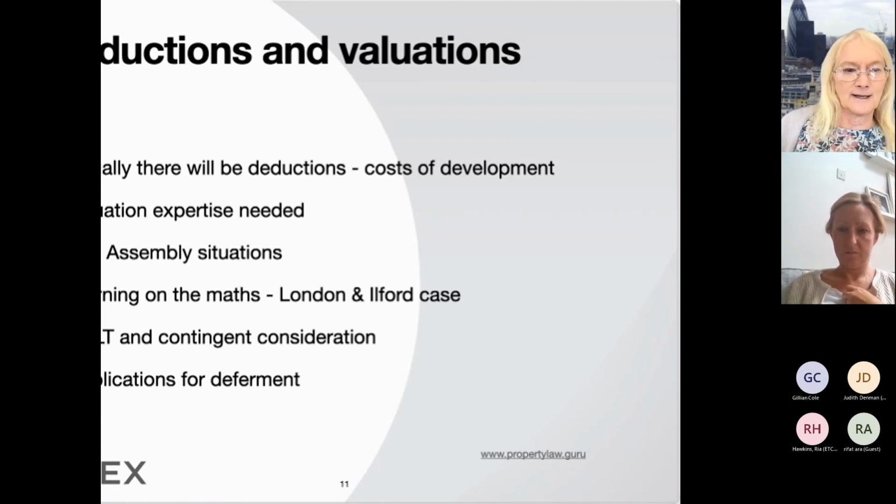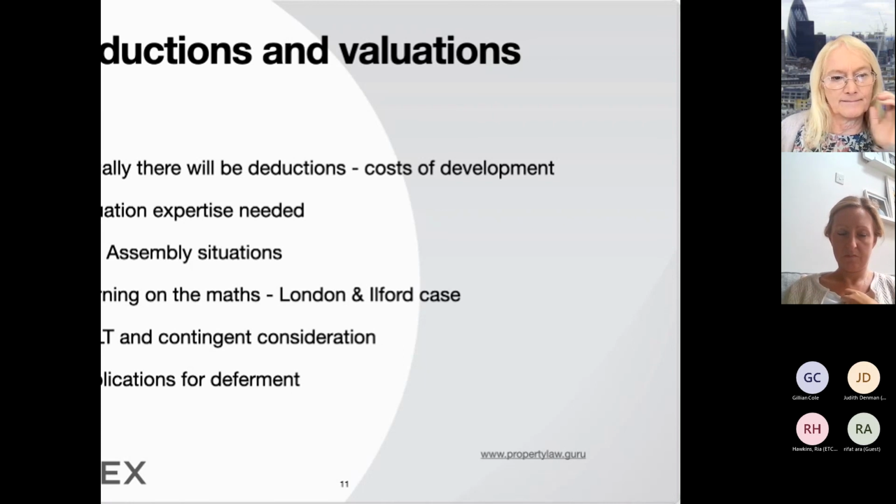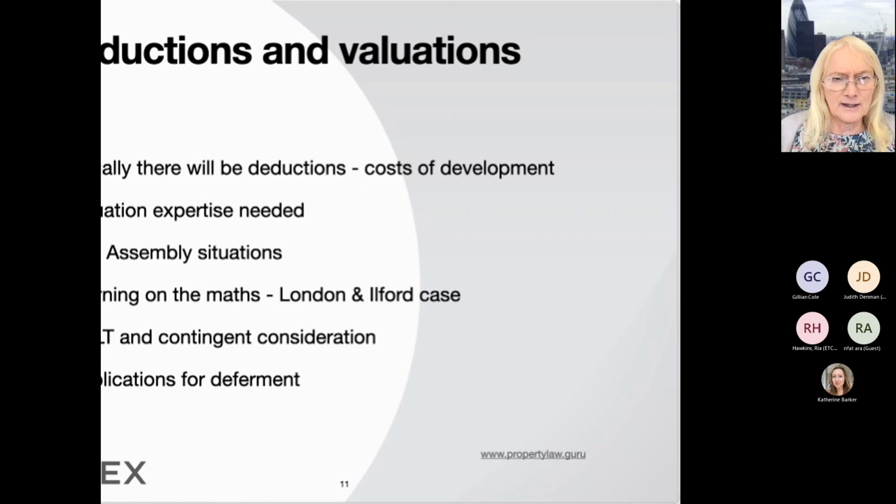Now, if you look at my notes, I've got detailed provisions on page 43 of how you make that application and what you have to do. And the example there on page 43 gives you an example of a developer who finds 5 years down the line he has to pay £1 million overage and you didn't apply for deferment.